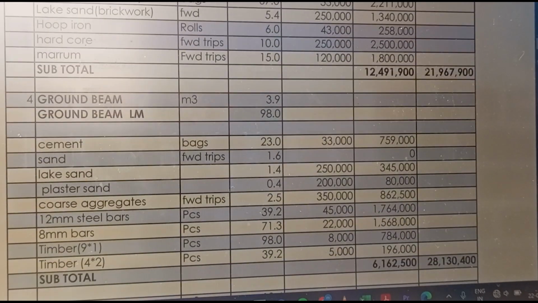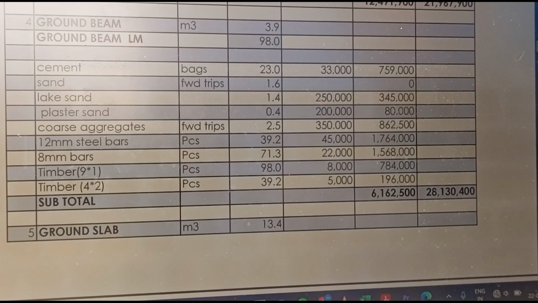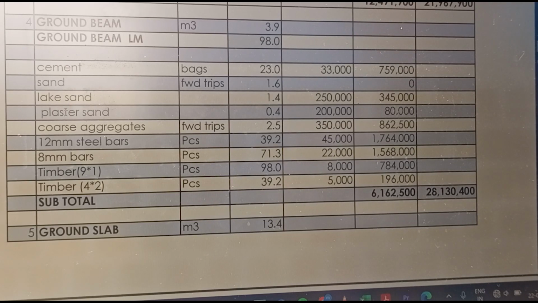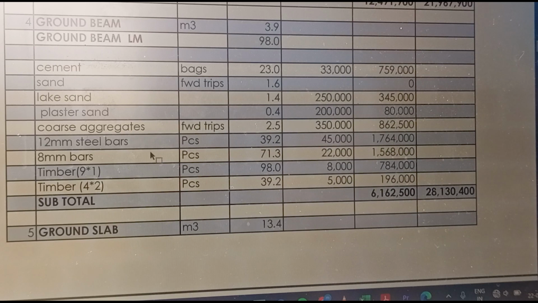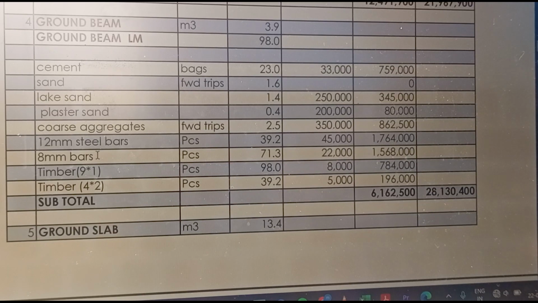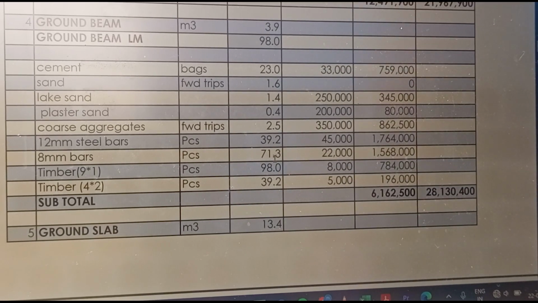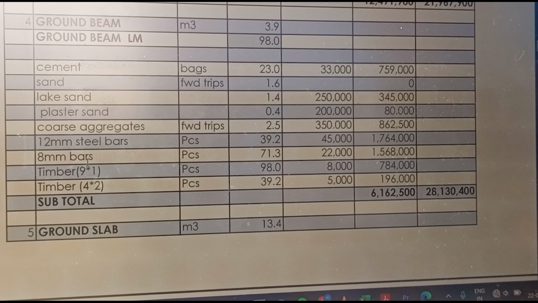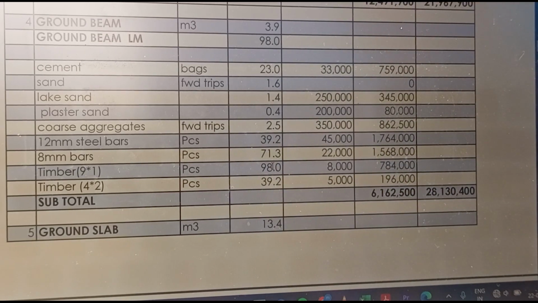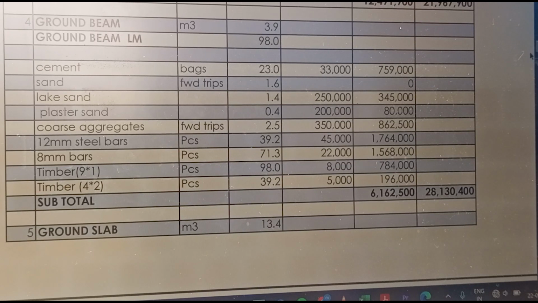Still under our substructure, we need to put a ground beam, and in the ground beam, we'll have to buy cement, 23 bags. Then we need lake sand, 1.5 forward trips, plaster sand. Coarse aggregate, we need 2.5 forward trips, 12 millimeter bars, we need 39 pieces. Then 8 millimeter bars, we need 71 pieces. Then we also need timber, 9x1. This is for formwork while we are casting the ground beam, we need 98 pieces. Then we need timber 4x2 for battening of 9x1. We need 39 pieces, and that will bring us to a total of